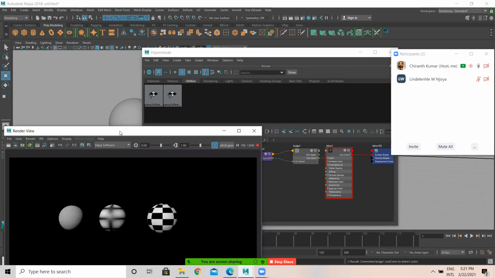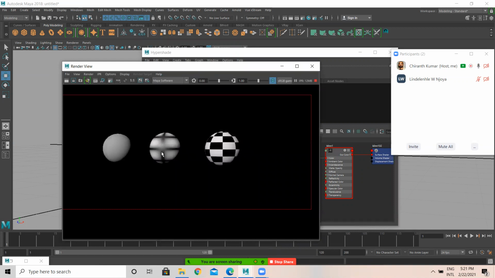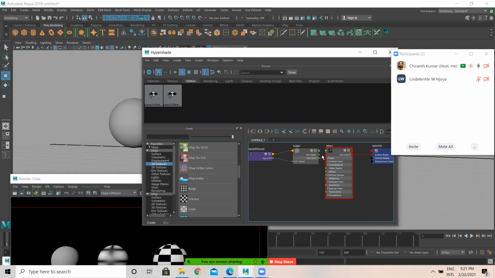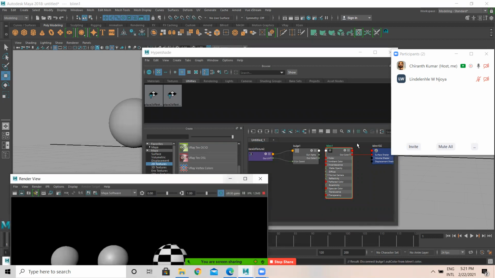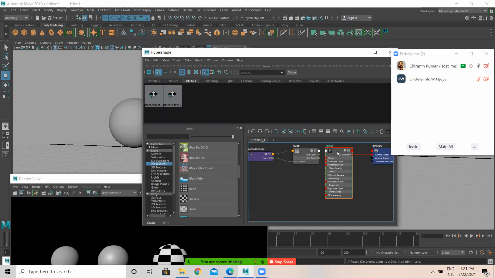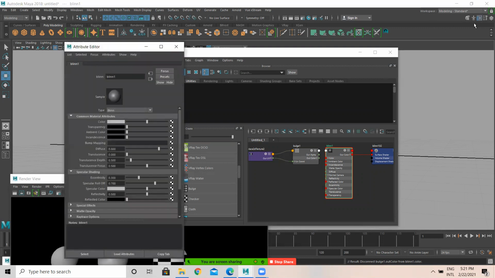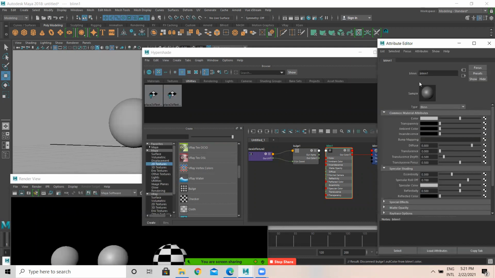See here. There's a specularity. Okay. And I have applied 2D texture as well. Okay. So now if I want, I can just take this out, select this and delete. It's gone. Now individually, you can double click on this blend. You can just go to property of it. Property is this one. Attribute editor, you can go. This one, this is the attribute editor. Let me place this attribute editor here.